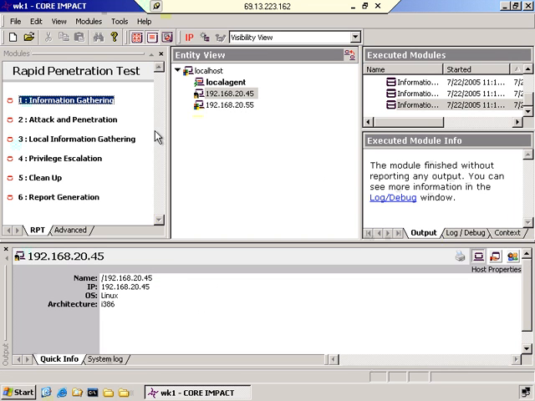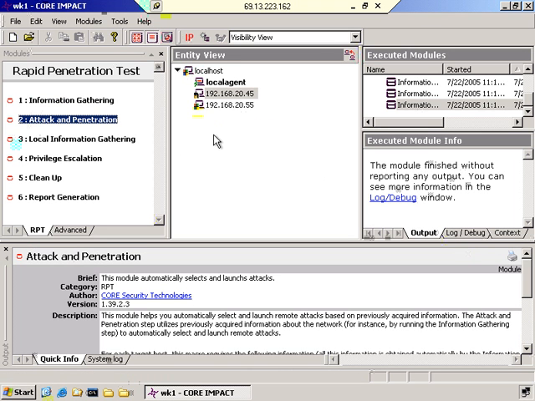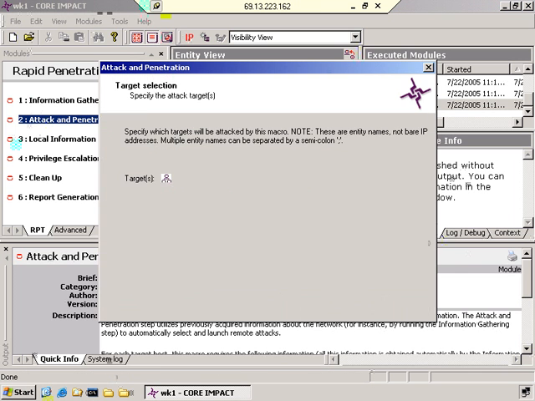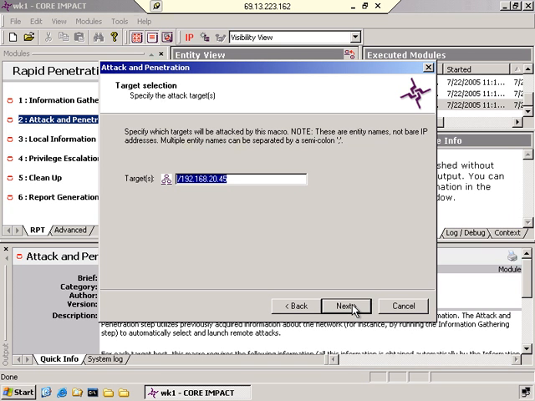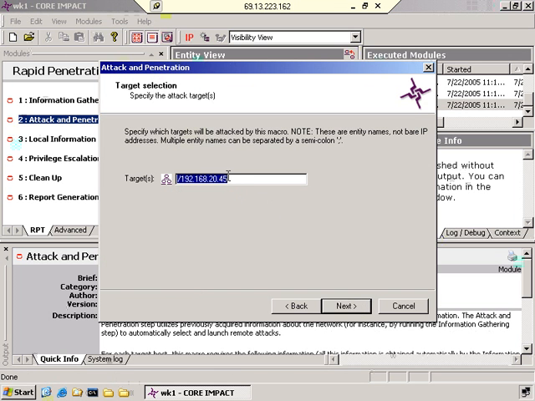Let's actually compromise this machine. So I'm gonna select. Let's see. I'm gonna double click attack and penetration and let that launch a wizard for me. All right. Next. Okay, so what do I want to attack? First of all, I'm going to select both machines here. I'm going to go back to that wizard again. I'm going to select both machines. Targets. I'm going to say both